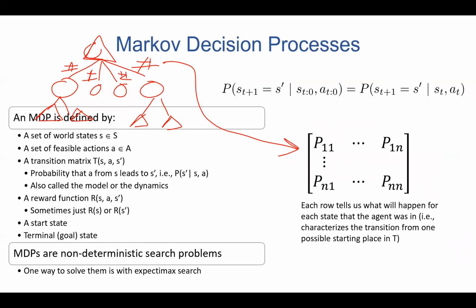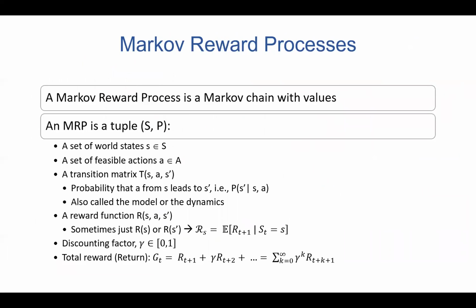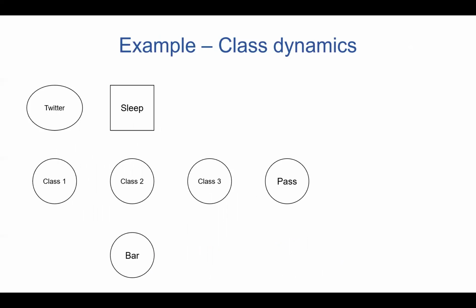All right, let's get to the actual, also the total reward. We're going to expand this equation quite a bit. The bottom equation is the big reward that we're going to have. And then we're going to talk about the living reward at every step. We're going to talk about the expectation, or how we're going to expand that formula that we had in the Expectimax search. Okay, enough talking. Let's talk about the example.